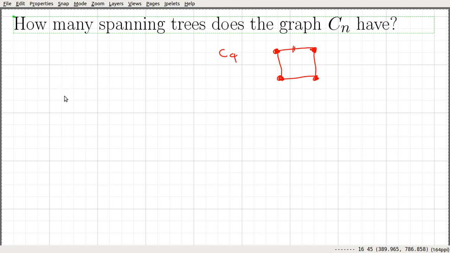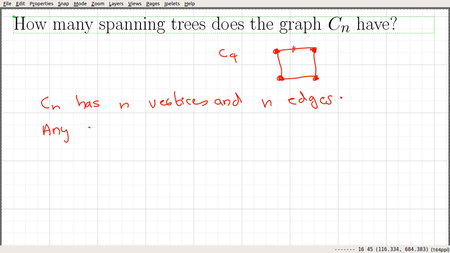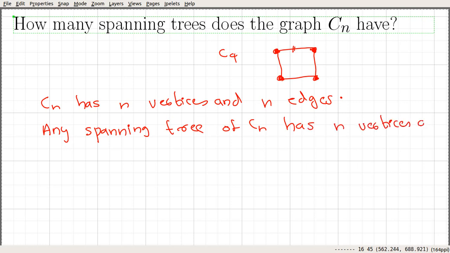Okay, so let me write down what I said. So again we can see that by definition Cn has n vertices and n edges. So that says any spanning tree of C sub n has n vertices, and since it is a tree, it has n minus 1 edges.